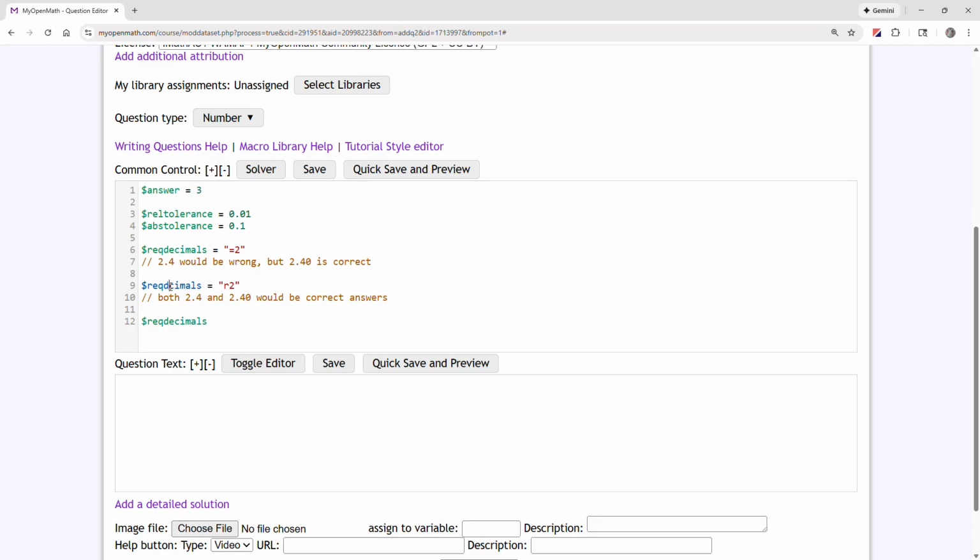And I keep typing decimals wrong. Let's go back and fix that. Another option with required decimals would be to put equals to, so we need exactly 2 decimal places, but we could include a plus or minus 0.01